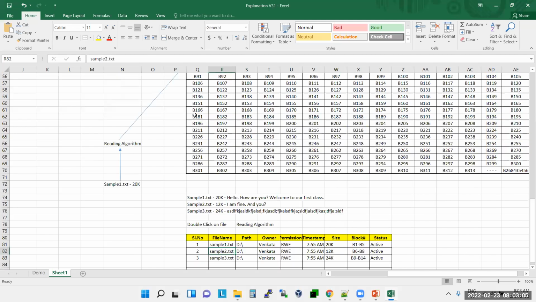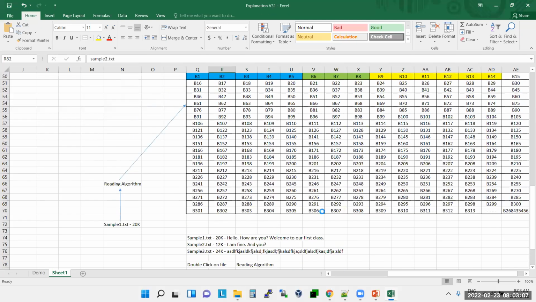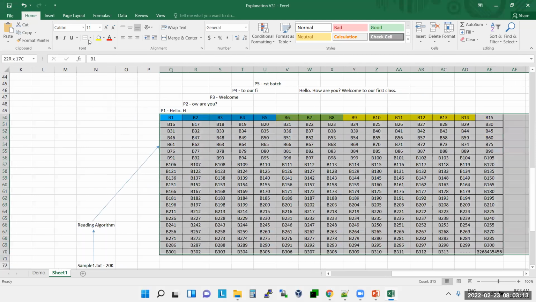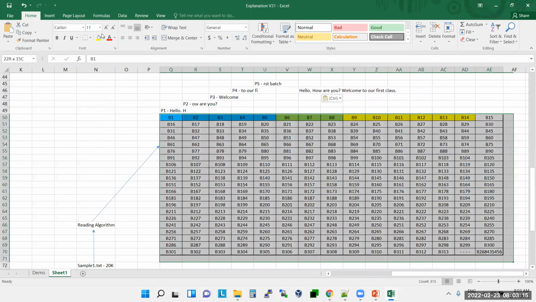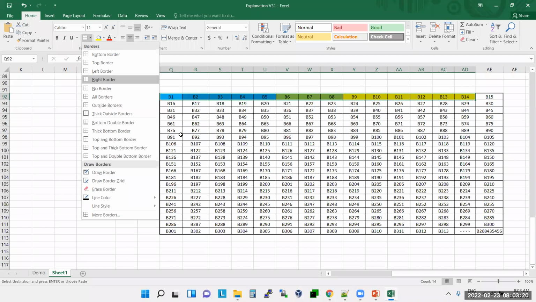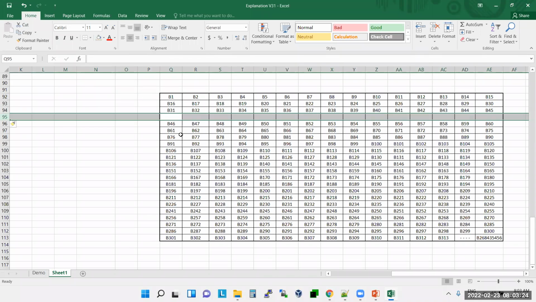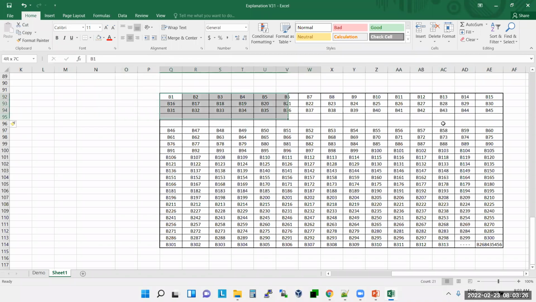Normally, when you format your hard disk, what will your disk do? Your disk will be divided into 2 parts, guys. Understood?